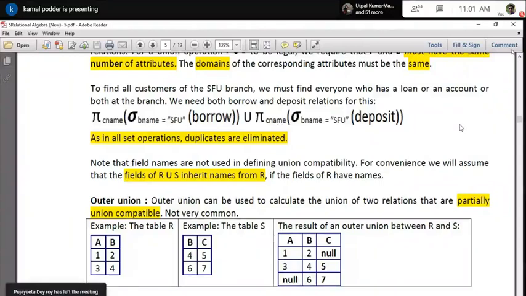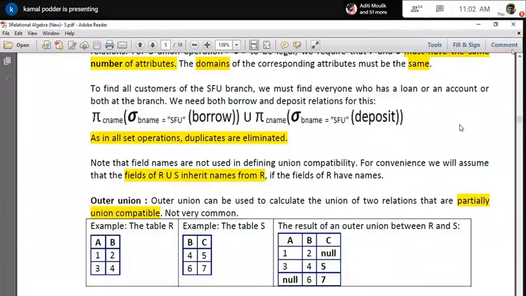Must find everyone who has a loan or a savings bank account. Actually, there are two types of account: a deposit account or a loan account. As you know, as a bank customer, you can open a savings bank account or a deposit account, fixed deposit or savings bank. Not necessarily will every customer open both. Of course, in our case, if you open a fixed deposit, automatically there should be a linked savings bank account. But if you open a savings bank account, that does not mean that you have a deposit account.